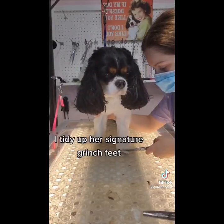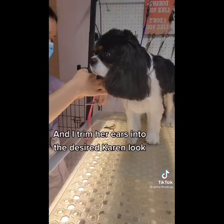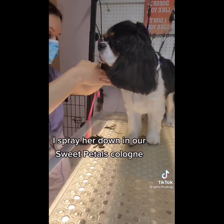I tidy up her signature Grinch feet, and here is the before and after. And I trim her ears into the desired Karen look. I spray her down